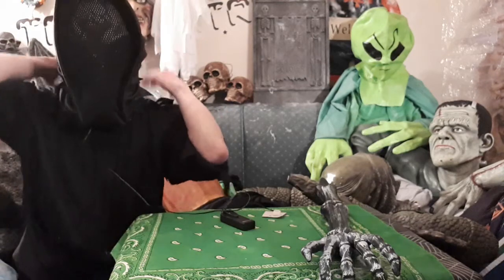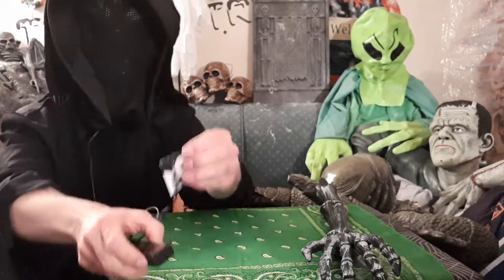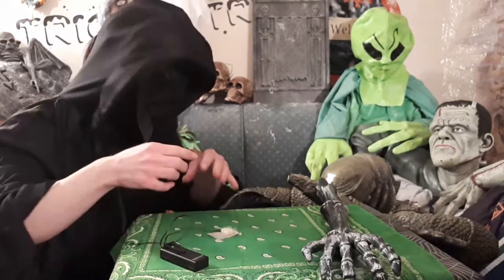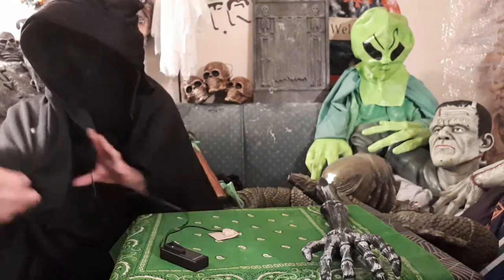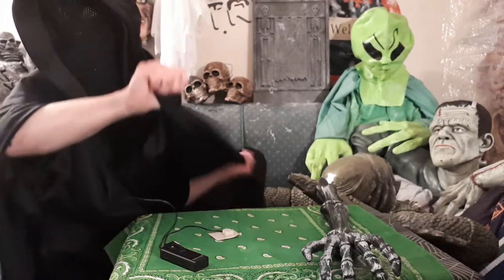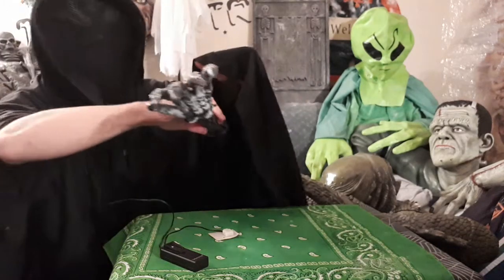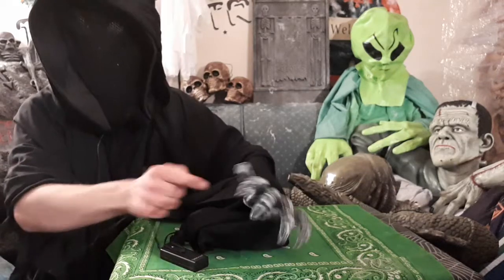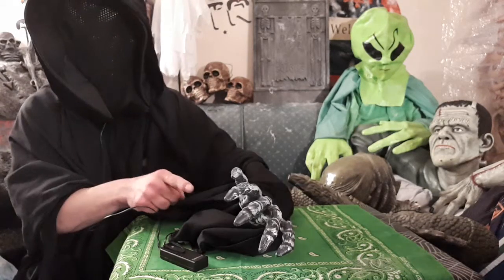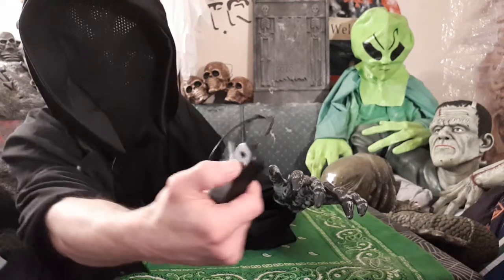Again, you can see right through, and then place this on just like this. Devices here, you can see that lights up really good inside here. Then you just put this all around you like a cloak, like this. Make sure it's long to hide your arm, like this. Then you're gonna pick up this and place it in. Hold on to it like this. This strips over like this. Make sure this hand is hidden, or if you have another one, hold that one as well too. And then you just pull it by the system clip, which is this,